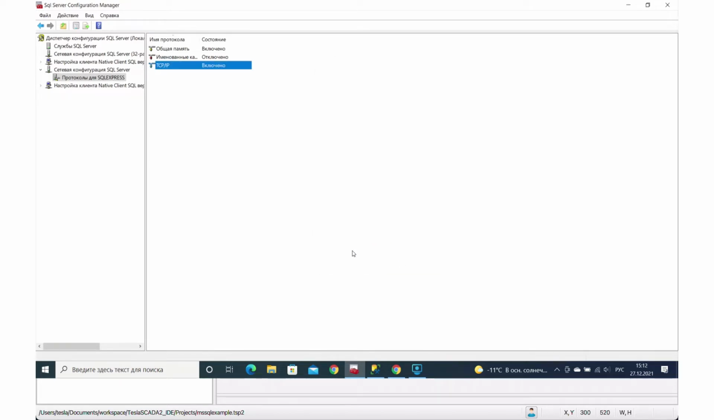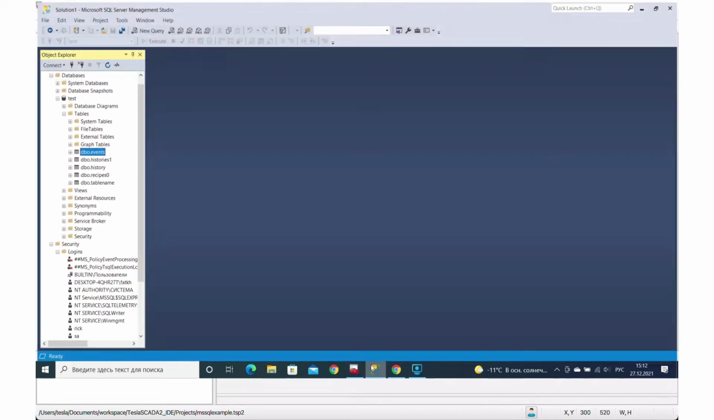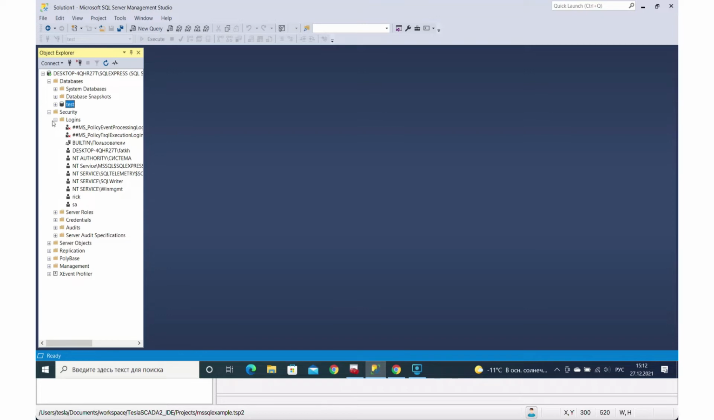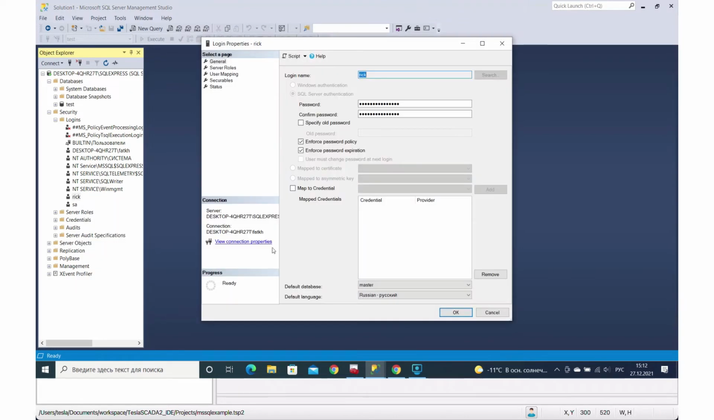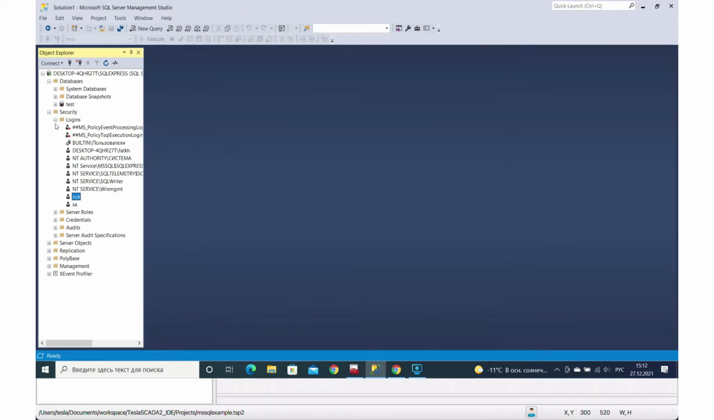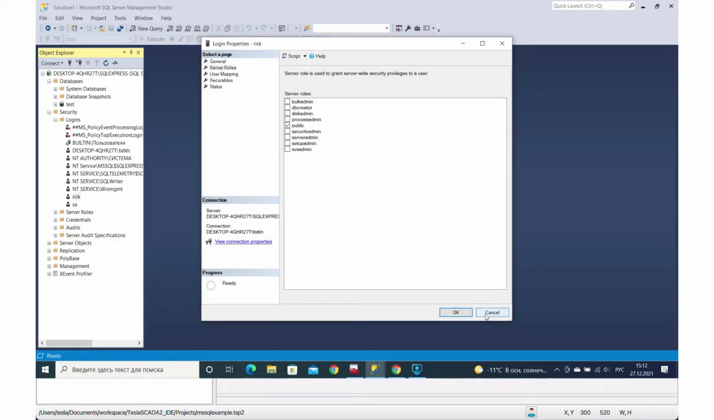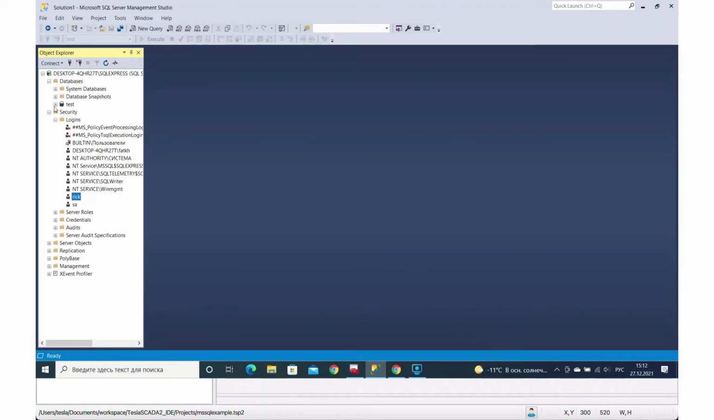After this, you have to set up a user here. You have to create a database first. In our case, we created a database test, and you have to set up a user in security. We set up the user rig, and you have to set up server roles. You can set this up to have the possibility to connect from a remote device. You can set up sysadmin here, but in our case we set up in our database